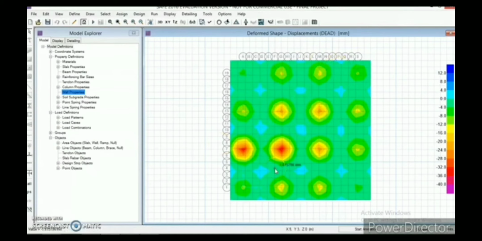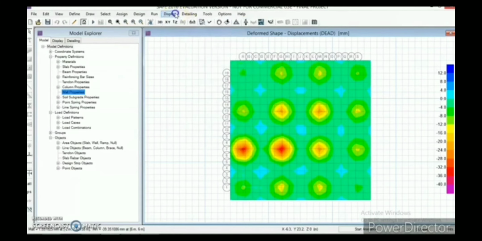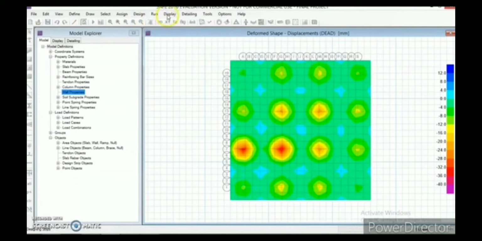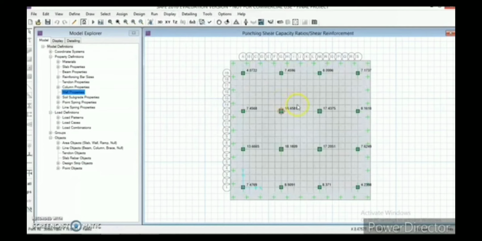Now go to the display menu, you need to run an analysis and design, and now go to display, show punching shear design. So here the punching shear design values are really high.